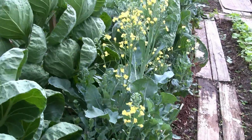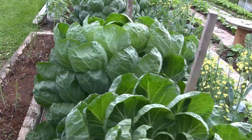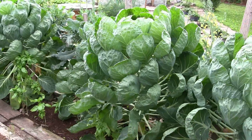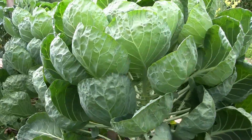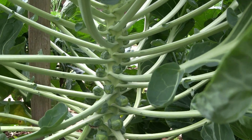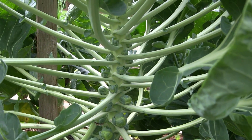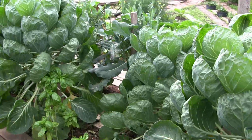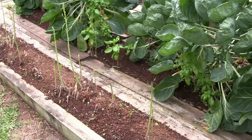But we're gonna come on over here now to the Brussels sprouts. They are 54 inches high. We're gonna take a quick glance here while we're here. Might as well. You can see them, they're growing right on the stalk. So, looking good. And our asparagus bed,